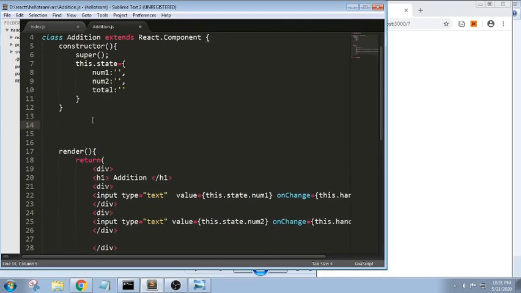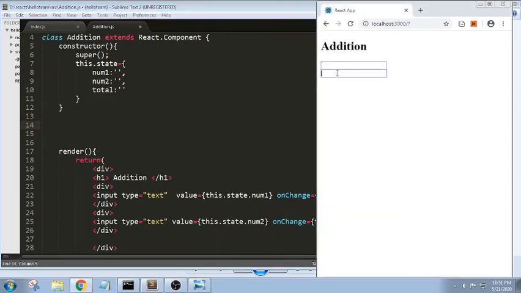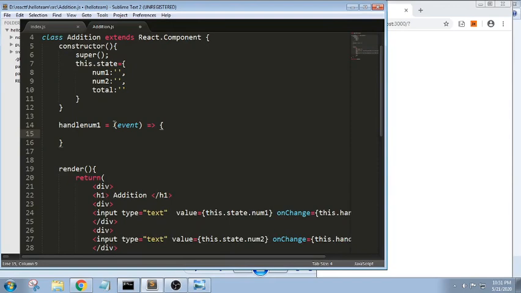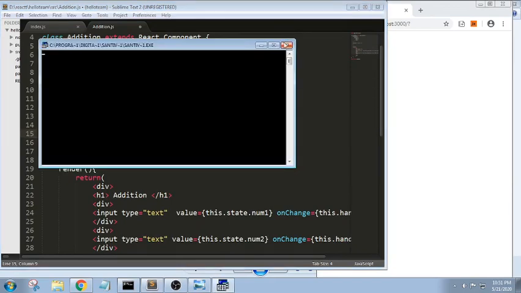What is the first snippet we will try to write? If you can see here, we are unable to edit here, but when I am trying to write handle num1 equals to, we are trying to take this as an arrow function, and we are trying to pass event as a parameter here. Sorry for this.